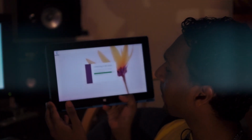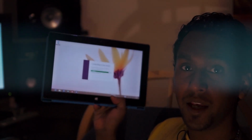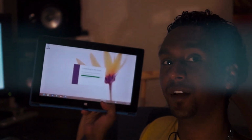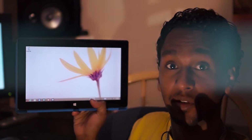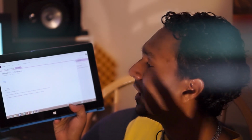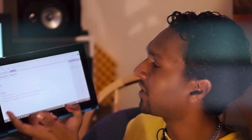So as you can see, it's going to set up my notebook. It's connecting to my email. And once it creates your OneNote catalog, I've used it before. I like it. At my school, at least, we use a lot of digital content for our education. So our teachers constantly have links for us to be able to refer to. Now, in these links, I find that OneNote has a small little perk. For instance, as you can see, I already have a note here for seminar H4C2, which was one of my